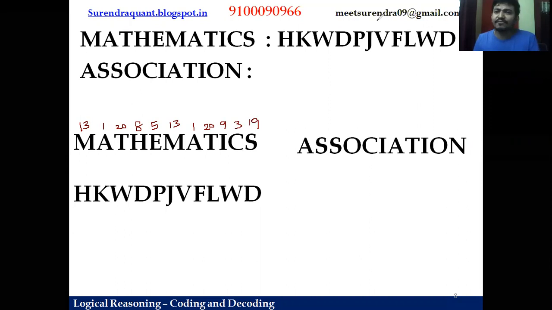For a 5-6 letter word, you can easily decode. But if it is a big word, something like an 11 letter word, mathematics, in such cases it becomes tough. So I always suggest you take the numbering of the letters. So now H is 8. This is 11. This is 23. This is 4. This is 16. This is 10. This is 22. This is 6, 12, 23, and then 4.